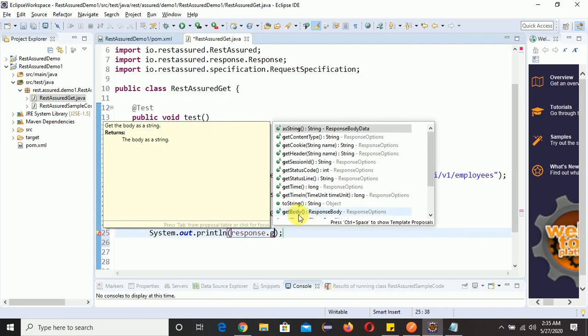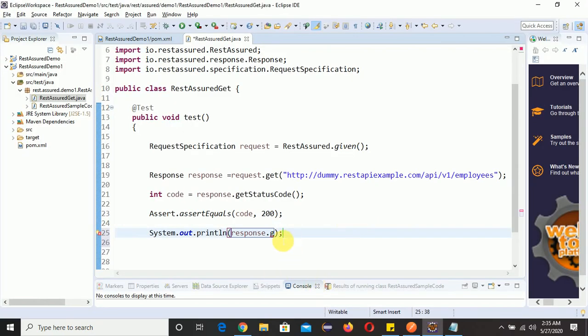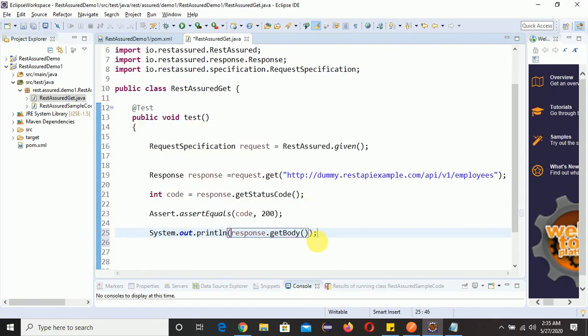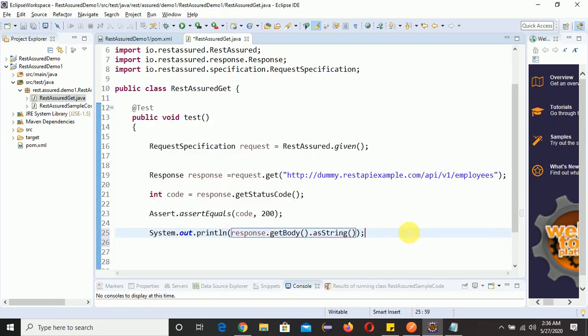There is one getBody method. If you use this, you will get the response body of this API, right? So getBody, and we are getting it as a string. So we need to write dot asString.